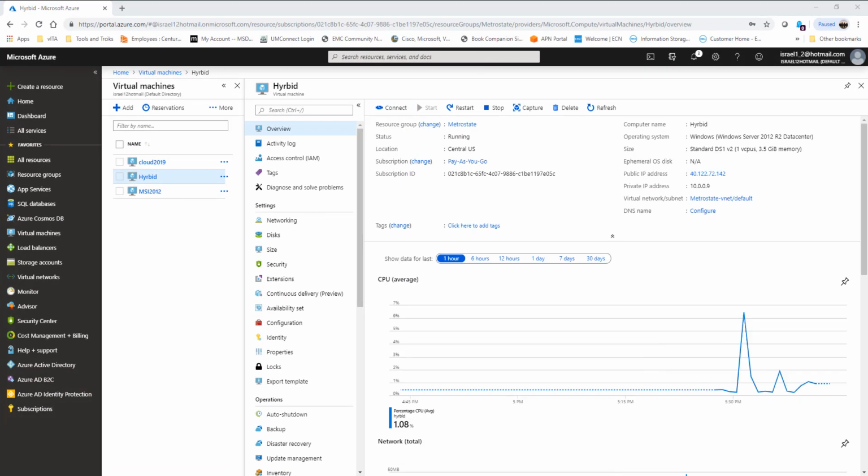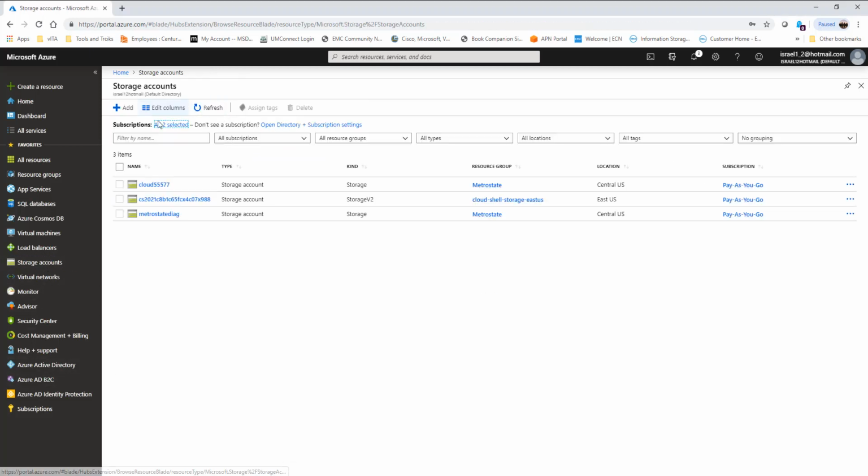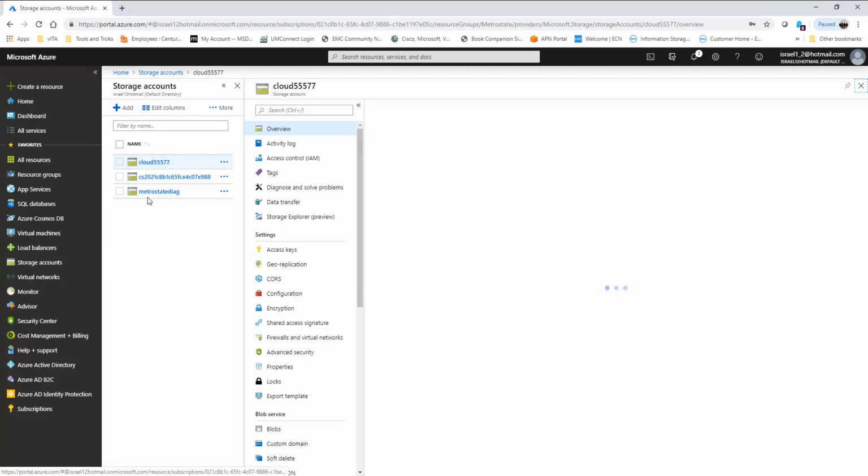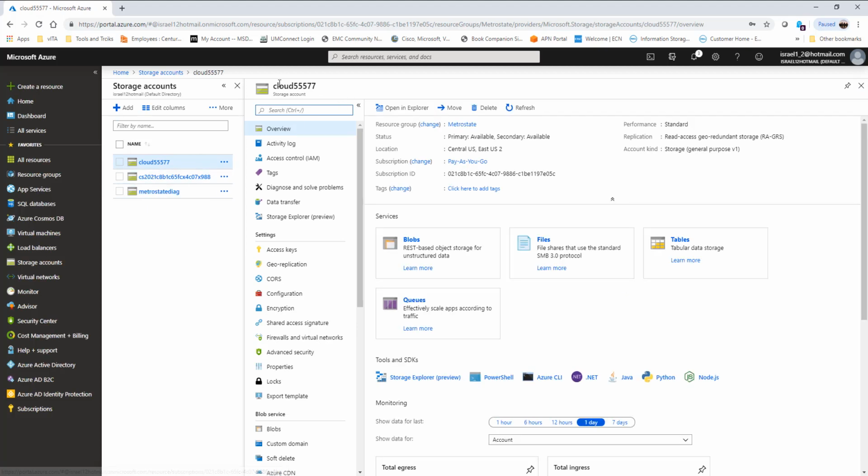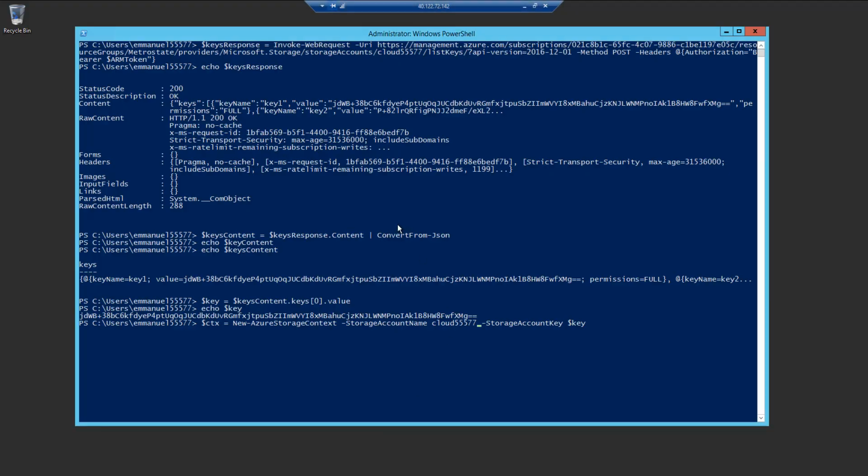Go to my storage account, and see I have various storage accounts over here, and this is the one, Cloud 55577, and that's what I'm specifying in this environment over here, Cloud 55577. So if I go ahead and press enter here,